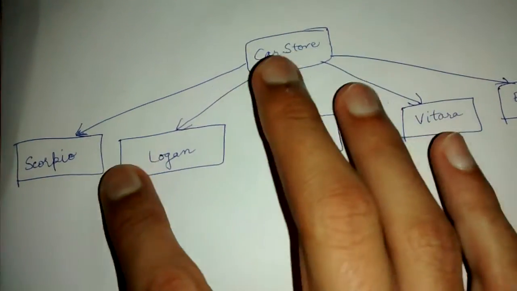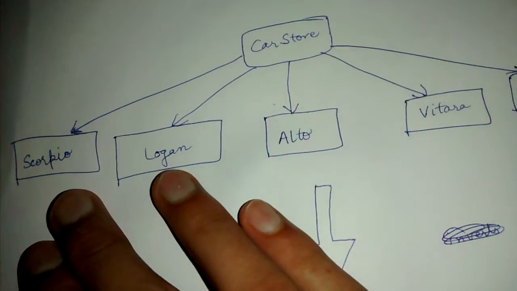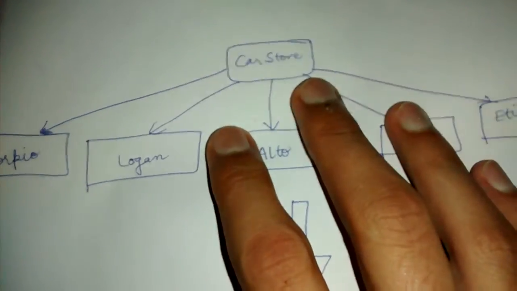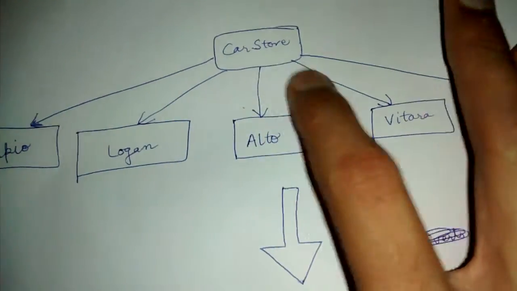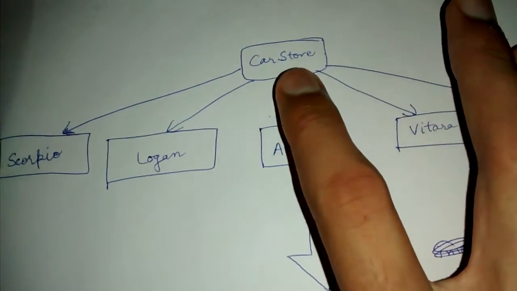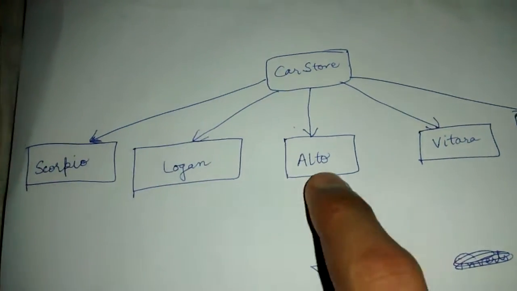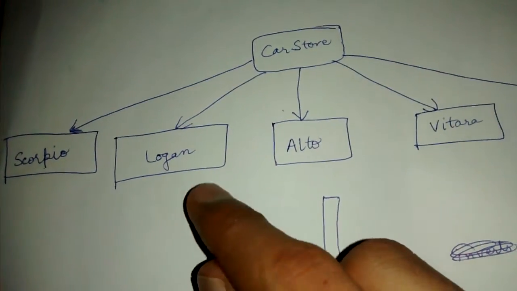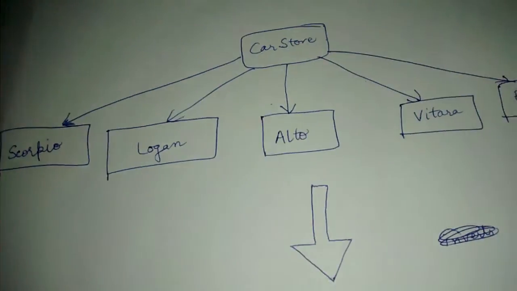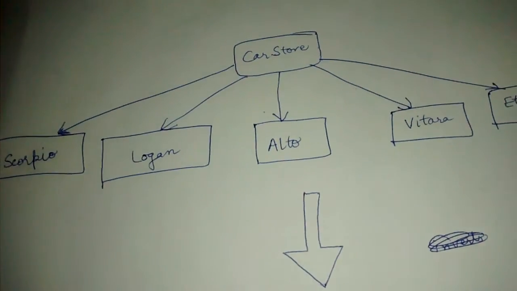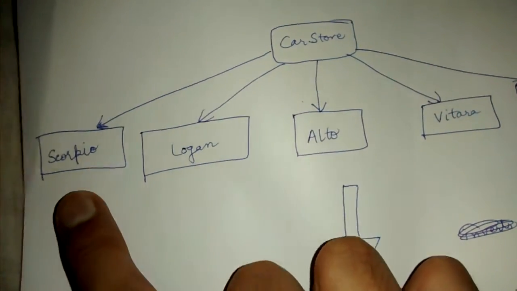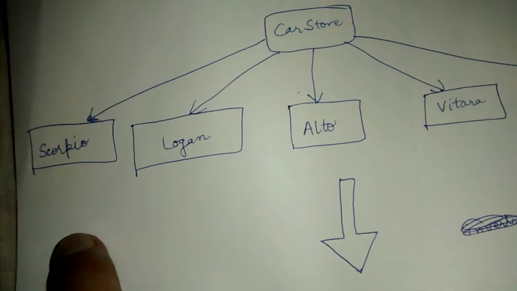So this CarStore is creating cars of type Scorpio, Logan, Alto, Vitara and Etios. This CarStore is directly dependent on these classes. That is, within our CarStore class, we are directly instantiating these classes by using something like Scorpio scorpio = new Scorpio in our CarStore class. But this can cause problems because in the next line, after instantiating Scorpio, we can call scorpio.drive